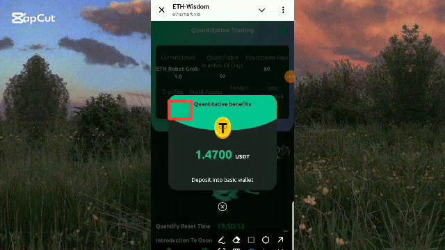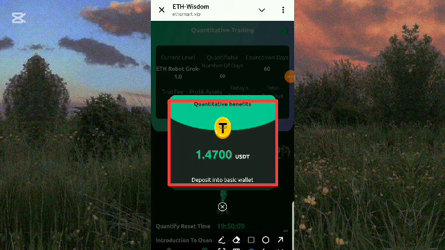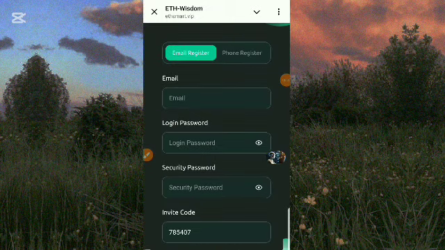This is where I give you free updates on how you can earn in USDT. So you can see the money I've made for myself today, and this is 1.47 USDT I've made for myself. You can see deposit into basic wallet. So here is going to be a live withdrawal. I'll be withdrawing this money live into my wallet, and I'll be teaching you how you can make your own